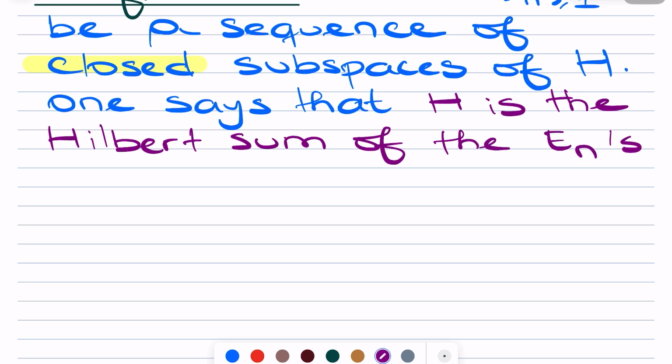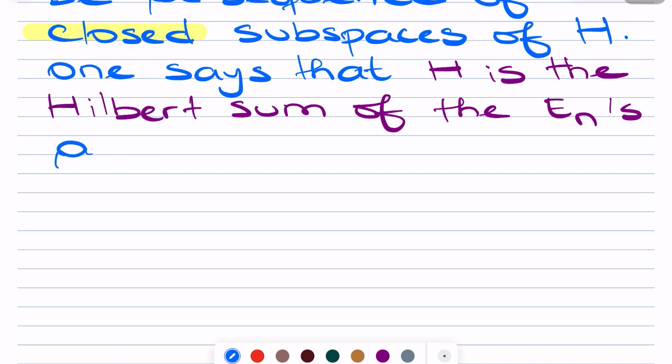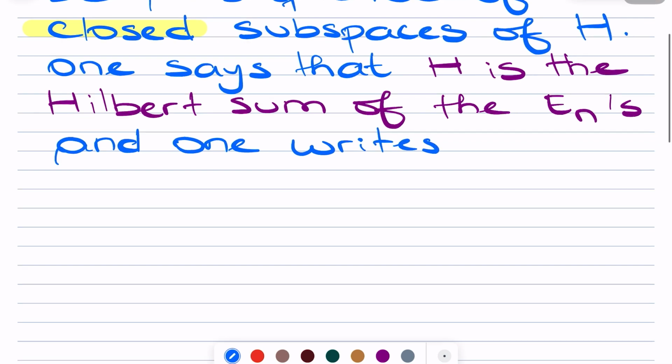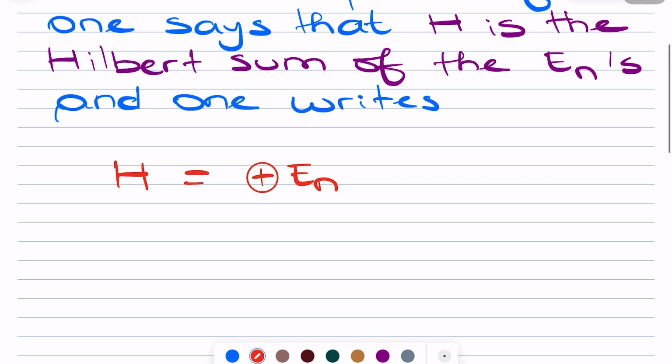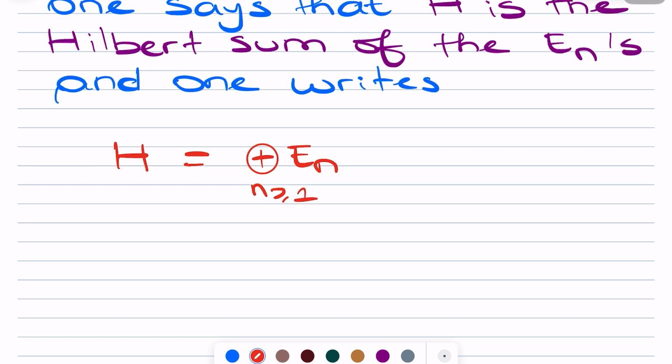And you write H equals, you write H to be like the direct sum of the En if